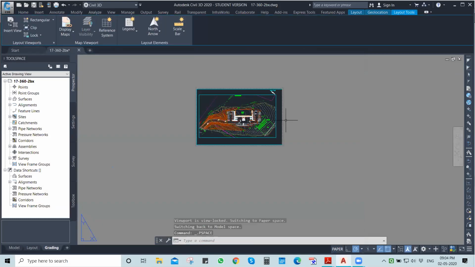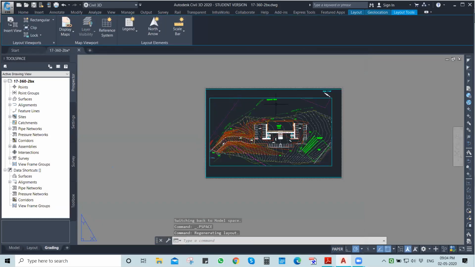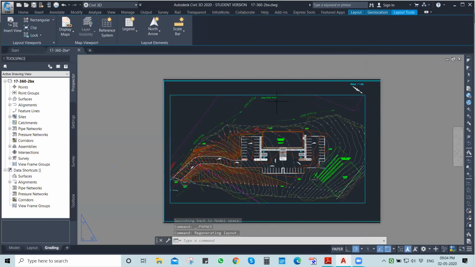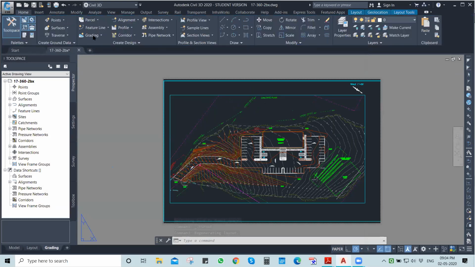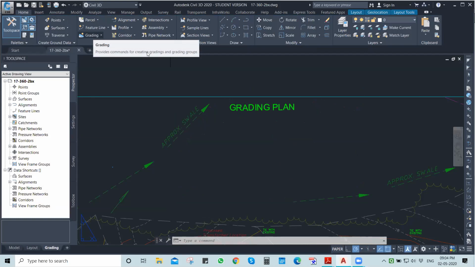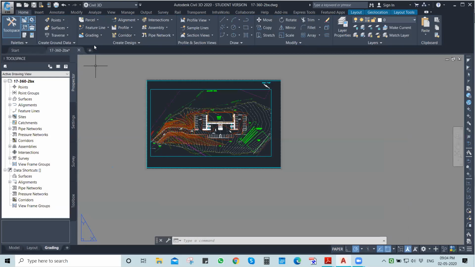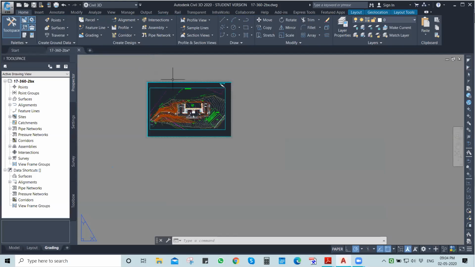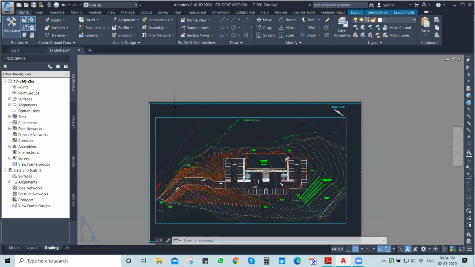So this is mainly a grading tool, one of the tools we are going to learn in the training session. If you check the grading tab here, I will be briefing in detail, one by one, on each tool. We also have a Civil 3D syllabus. Day wise, I have divided the tools. It will be shared later with you.